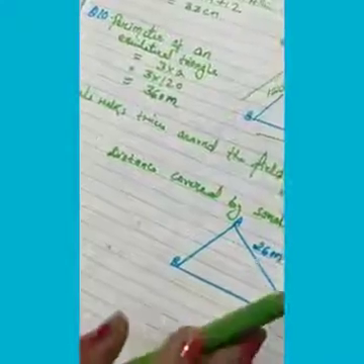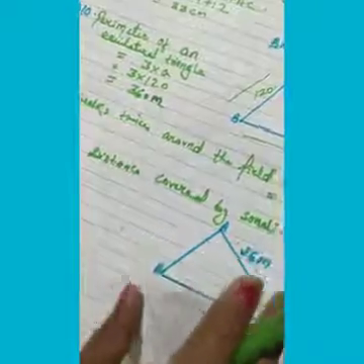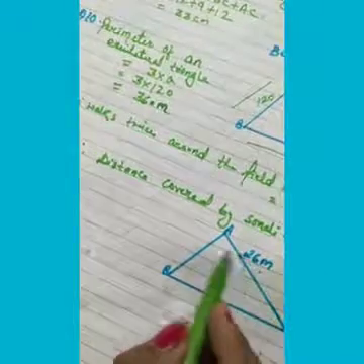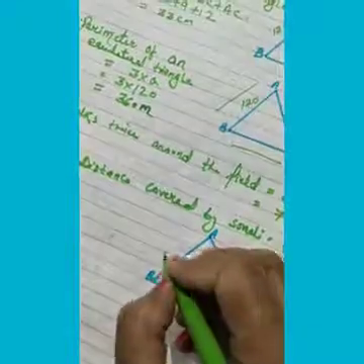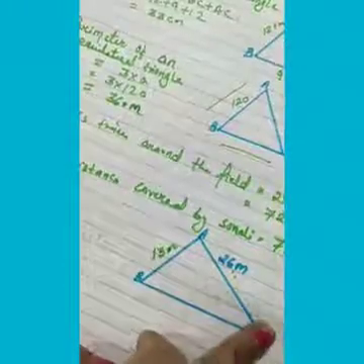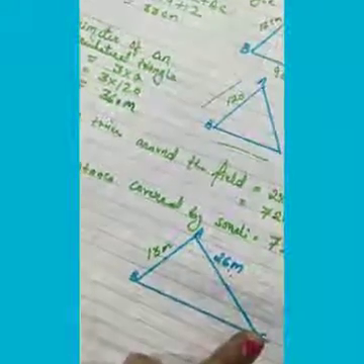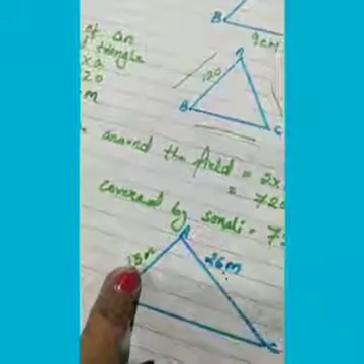Now the next question, question number 11. The longest side of a triangle is given as 26 meter. Its full perimeter is given as 55 meter, and its shortest side is half of the longest, so half of 26 is 13 meter. Again I repeat: longest side 26 meter, perimeter 55 meter, and shortest side is half. This AC half will be 13.